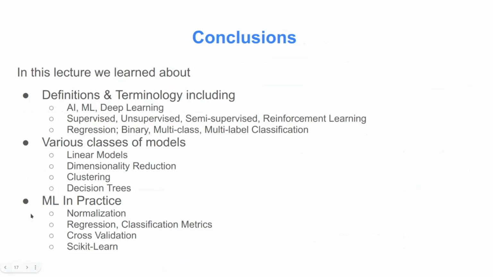So to conclude the lecture part, and then I'll go on to the practicum. We talked about just the broad definitions of AI, machine learning, and deep learning. We talked about supervised versus unsupervised, semi-supervised, and also reinforcement learning. We talked about regression, binary, multi-class, and multi-label classification problems. We talked about these classes of models: linear models, dimensionality reduction, clustering, and decision trees. And then we talked about some of these practical steps for actually performing machine learning on a problem, from normalization, regression, and various benchmarking metrics, cross-validation,